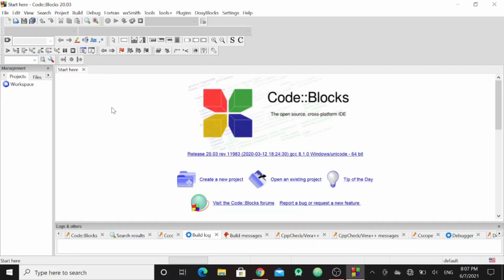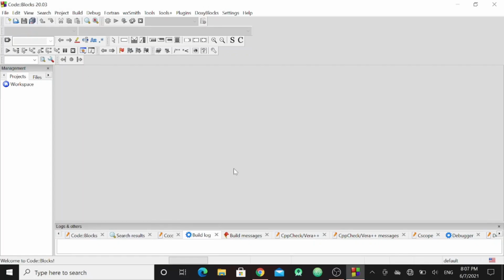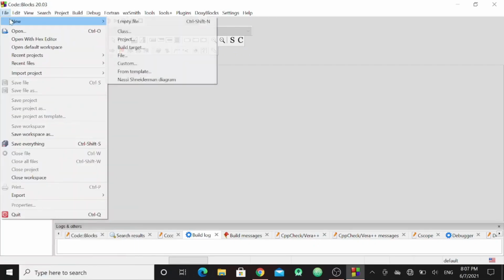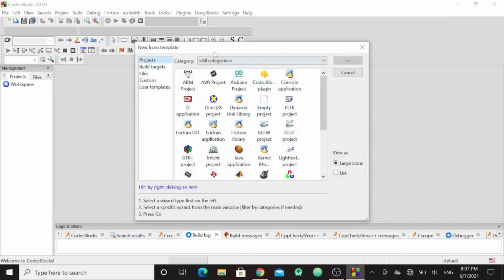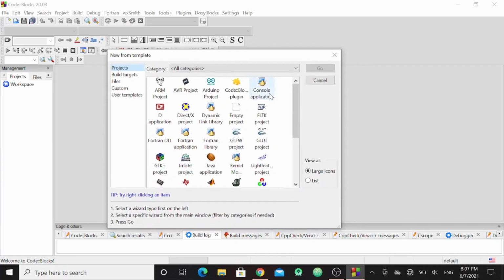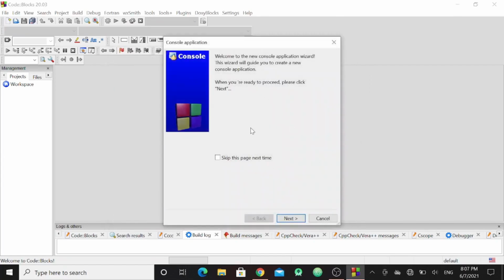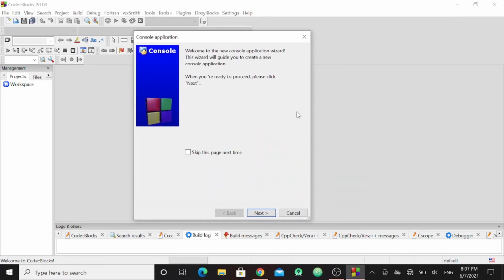When you open Code::Blocks, you will get this screen. You don't have to do anything here. Just click this, cancel it, and go to File, press New and click on Project. After clicking on Project, you will see this screen. Click on Console application. When you click on Console application, you will see this screen. So click Next,